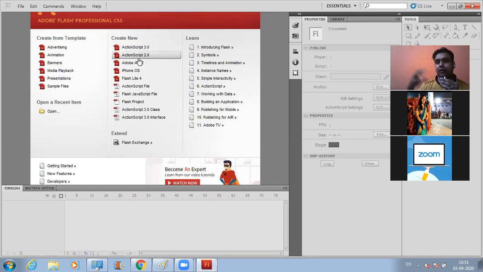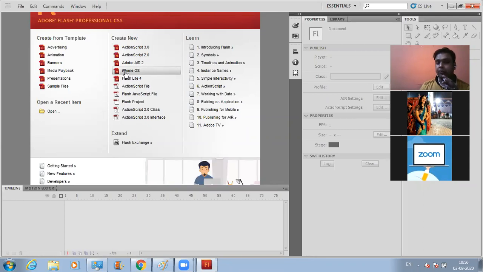Here the features are somewhat less in comparison to ActionScript 3.0. Similarly, if you want to work on iOS environment, you can choose this option. But the option about which we will be learning in grade 6 and grade 7 is this one, ActionScript 3.0.